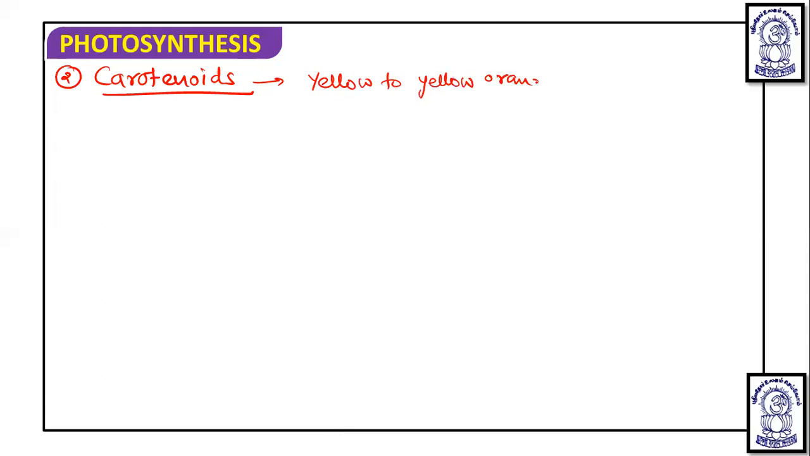Now after this, the second group of pigment we are going to discuss is carotenoids. And if we talk about carotenoids, they are yellow to yellow orange color pigments, and they occur inside chromoplast,